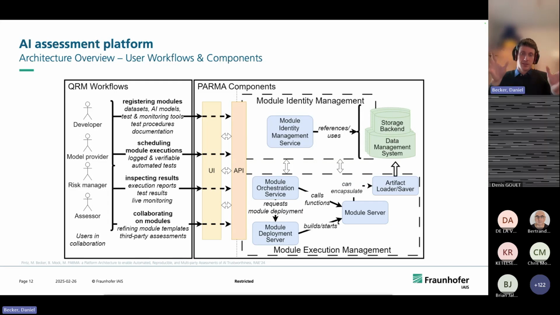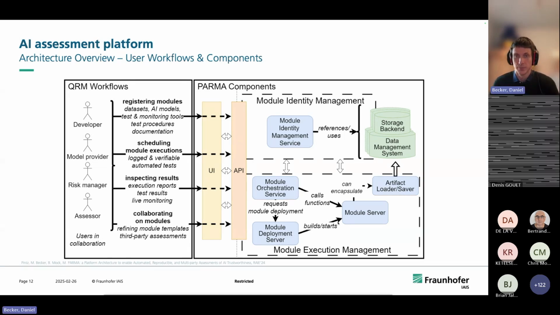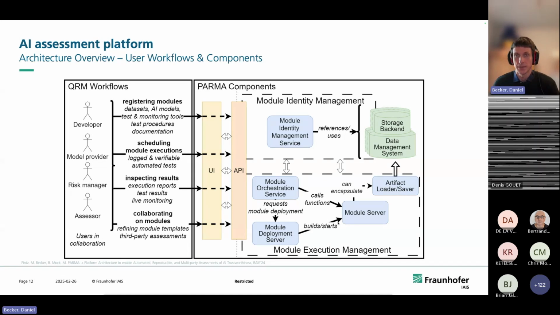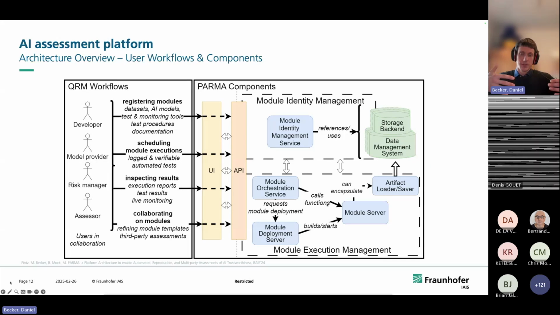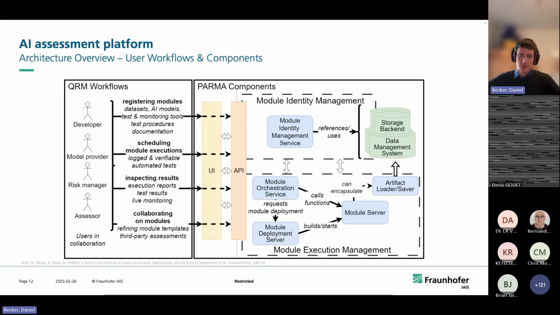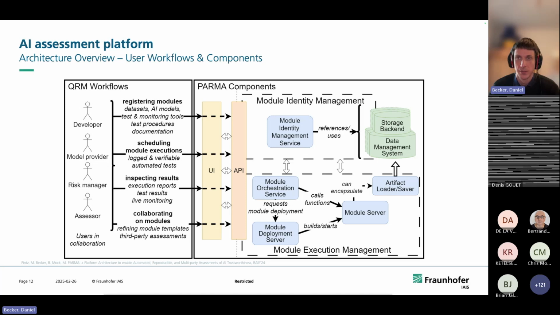And the idea is that each of these modules also runs a server that can then get commands and perform some tasks, so that some module orchestration service can call functions of these modules and make sure that a certain test workflow that has been described and imported onto the platform runs in exactly the way that we would like it to run, in the right fashion, that each module has the correct data present whenever they need it.